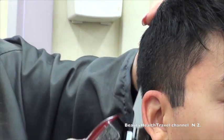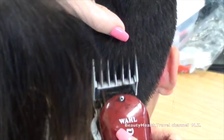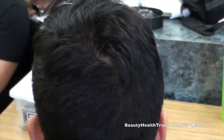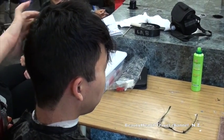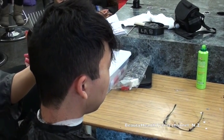And his hair is kind of fading by itself. I don't have to do much work. In the back, there's a little bit that I need to blend. Okay, on this side, I want to show you. That side grows down. This side here, I don't know if you guys can see up close, it's all growing forward. So if I'm going to use my clipper and I'm going to go straight up, I'm not going to cut anything because the hair is not even in my...